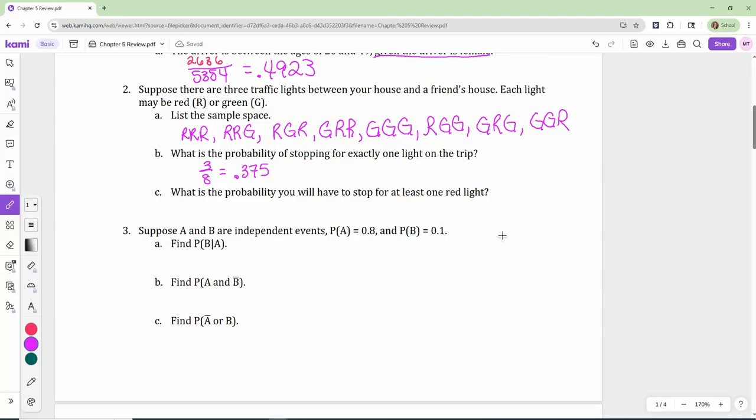The probability you will have to stop for at least 1 red. So how many of these have at least 1 red light? 7. Everything except the all green one. So 7 out of 8 would be